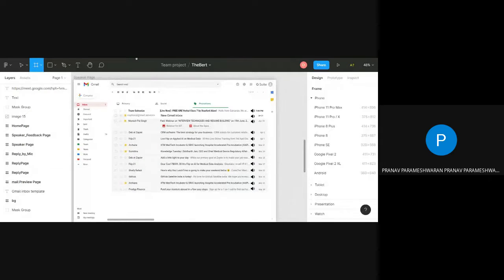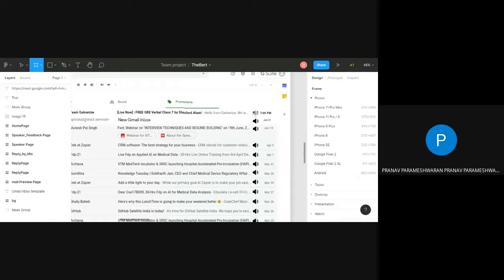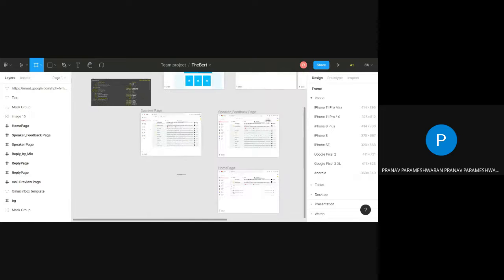But as Kaushik had mentioned previously, there are a few design elements which are not available in Gmail, which would help the user if they were available. Like there is no option for speech to text, or text to speech. If any visually impaired person is unable to type, or unable to read a message, there is no option in Gmail provided for reading the email for us. So we have just created a sample of how it will look if we create an element like this.